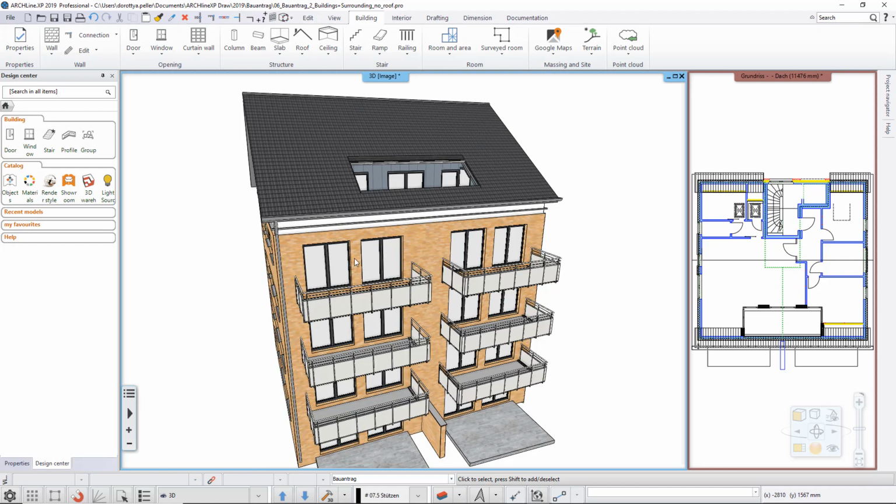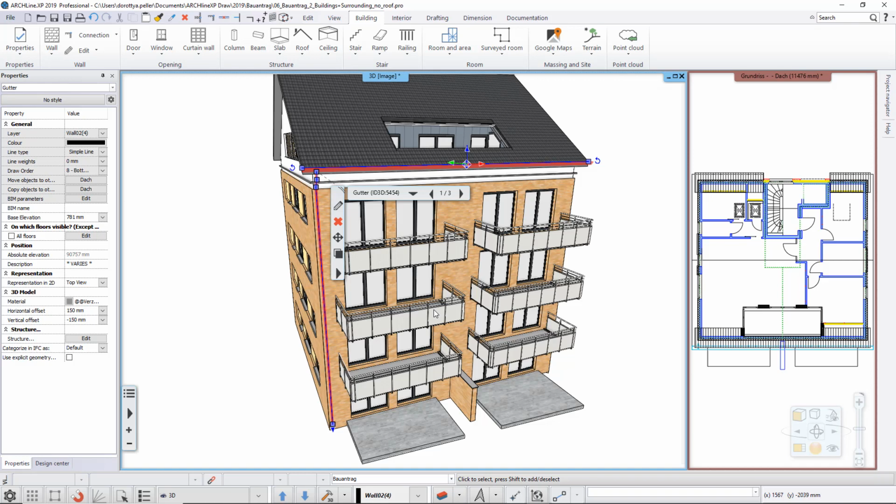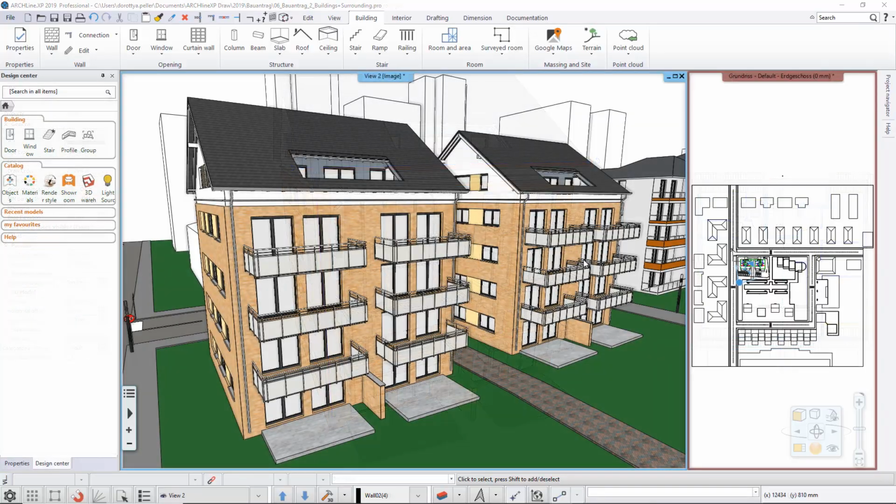Now let's look at how it looks in 3D. Imagine that there's something you want to adjust in this. You can do that just fine. Notice the nodes in the 3D, just like with almost everything else in Archline, you can modify things in 2D and 3D as well. I have now loaded up a final stage of this project,